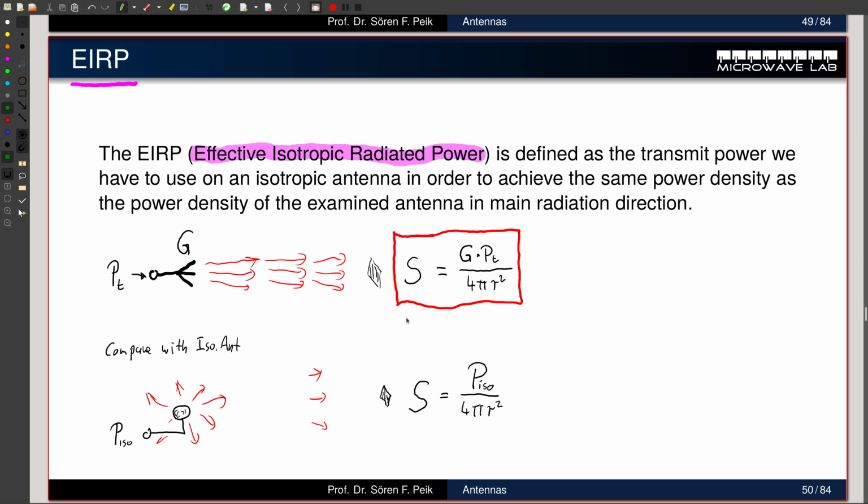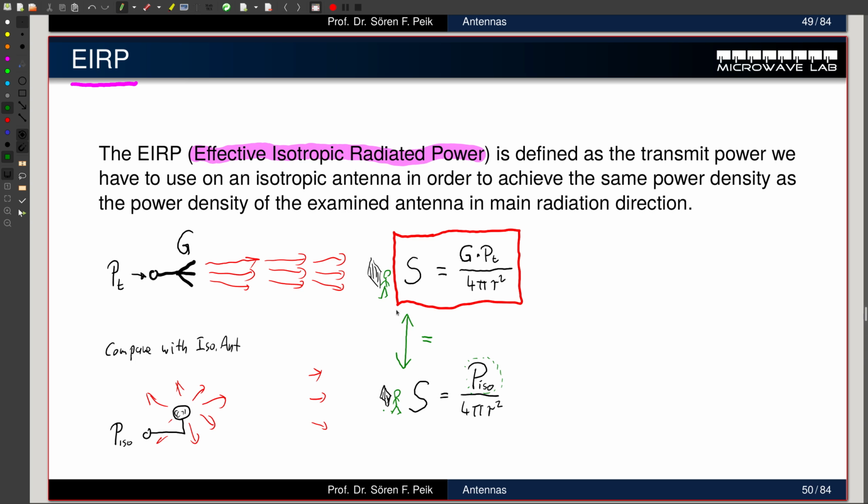Now, when I compare these two received power flux densities, I can make it such that those two are the same by increasing this iso power here. When I use the same power, obviously you get less S here than you get up here. When you increase this iso power down here, at some point you receive the same power flux density in both cases. And that means for anybody standing here or here,